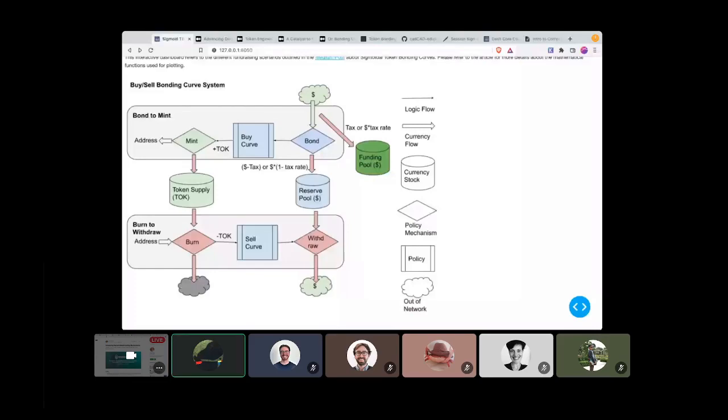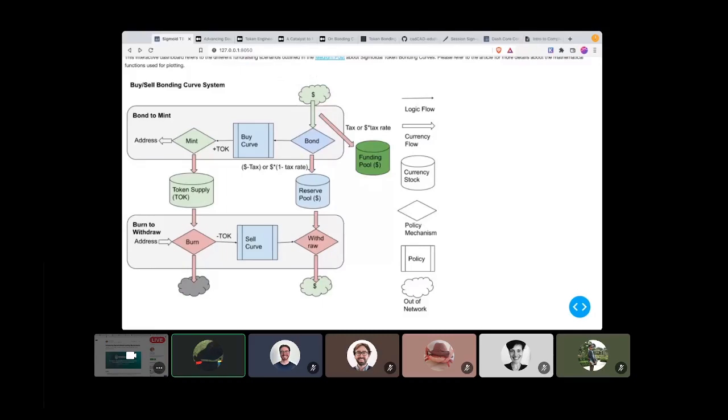And part of what drives this exploration for me is trying to get a better sense of how real-world behavior might relate to what's defined sort of ideally in this bonding curve mechanism. So I am now showing the app that I created as part of the cadCAD study group. And at the top of the app, I've included this image that is a system diagram of how this system is functioning. And so as I mentioned, as we were looking at the Medium post, funds come in, some portion of funds gets directed to this funding pool, which is used for operations.